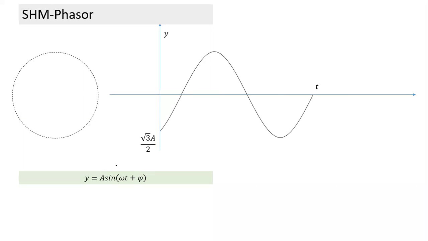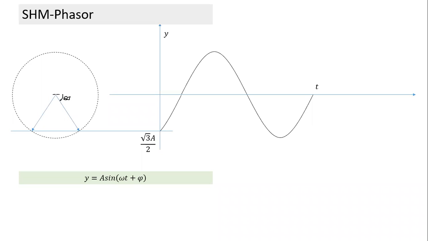Okay. Similarly, if I look at this, can you tell what is the phase constant? If I ask some of you, would you be able to tell what is the phase constant here? Vrinda, can you tell me what is the phase constant in this case? Can we spot what is the phase constant? So there are two ways I can draw this line or this line. And the first thing you can easily notice from here is, what is this angle? If it is root 3 by 2, this angle becomes equal to 60 degree.